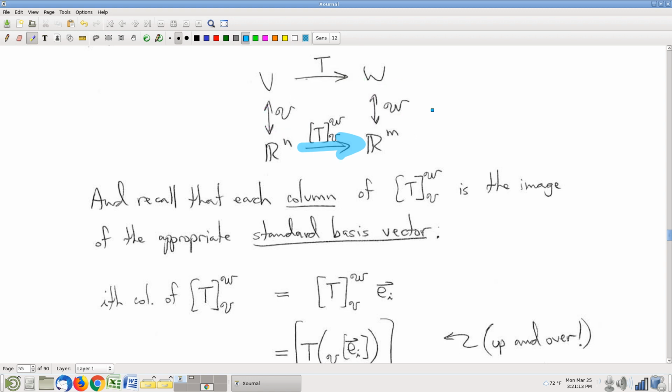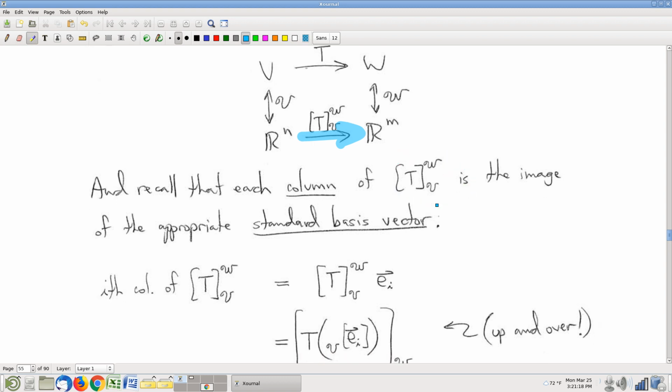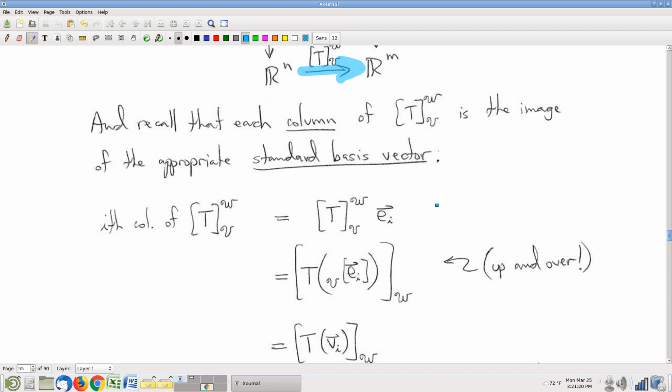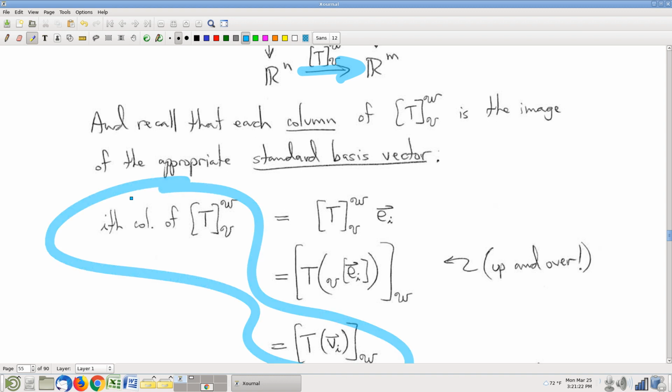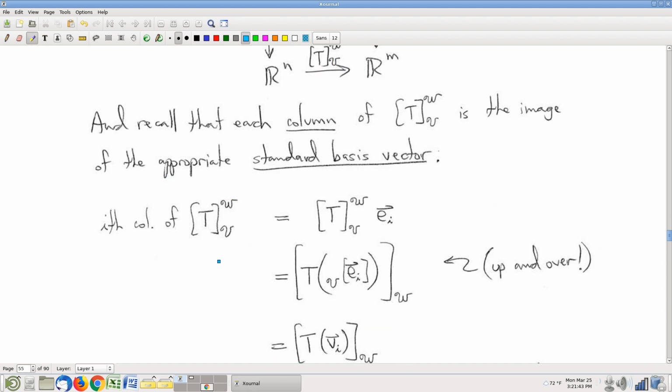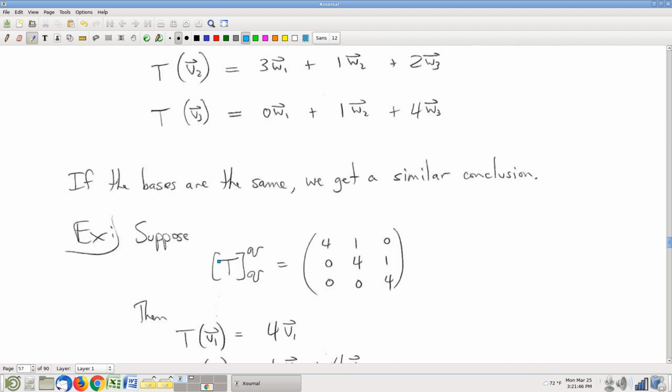The punchline is that yes, we can do this. There is such a thing, this matrix. And we wrote down a formula for how to compute it. Right here, saw some examples last time, but you can find this matrix by columns, one column at a time, and you get those columns by taking the input basis vectors, applying the linear transformation to them, taking those results, and writing them as coordinates with respect to the output basis. Okay. All right. So we talked about that last time,